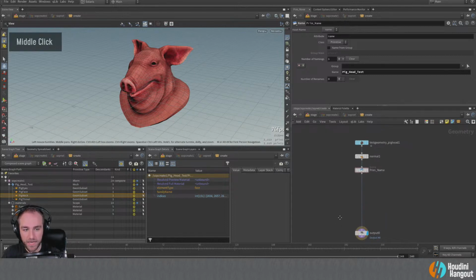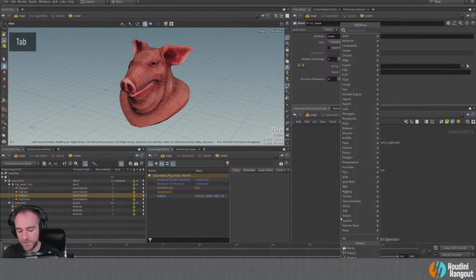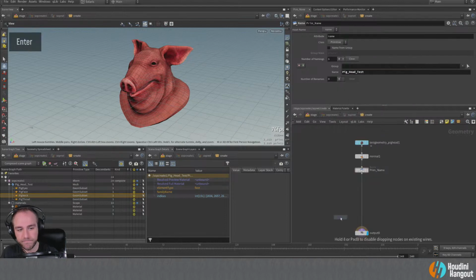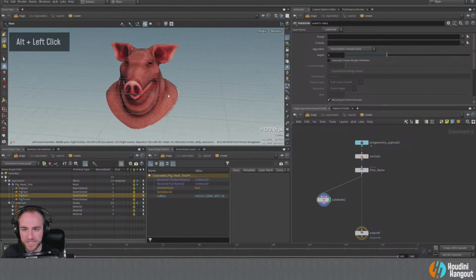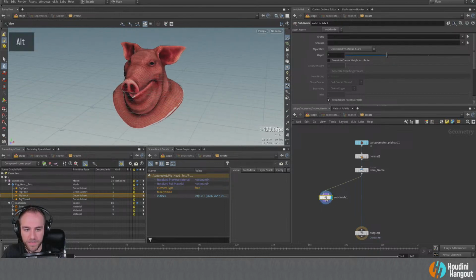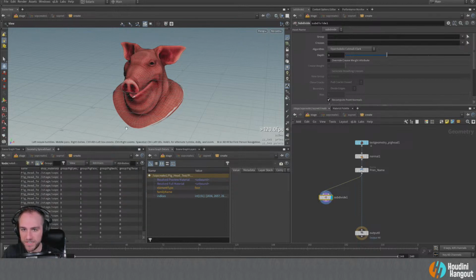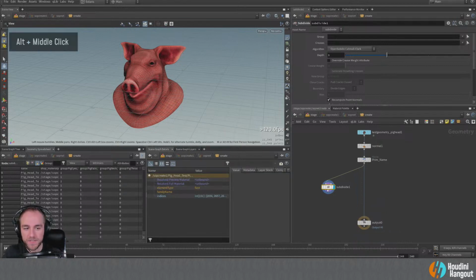So let's do this. I'm going to do an example that I've done a few times in other places, so you may have seen this online somewhere if I've done it before. We're just going to subdivide this pig head right here, and I'm going to go back to our geometry spreadsheet here. I'm going to hide the other geometry. This hopefully won't be updating right now. Whatever, it's not a big deal. So we're going to subdivide it. This is going to be our render geometry, right?